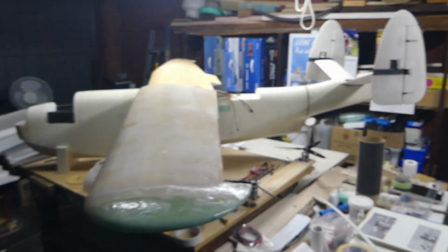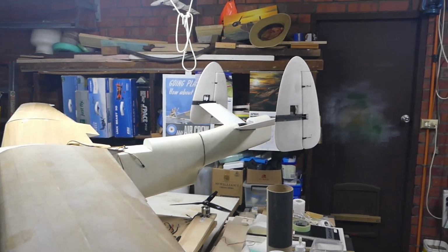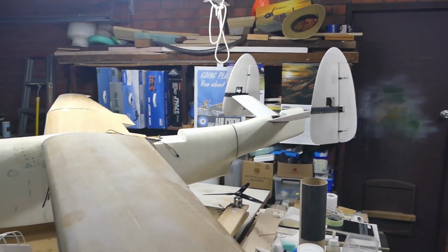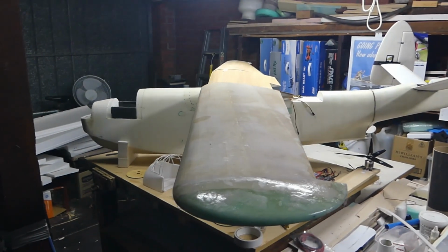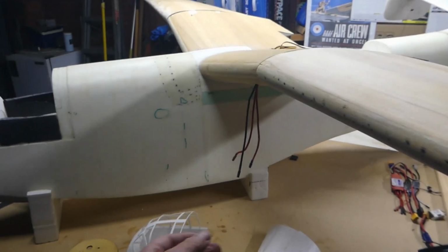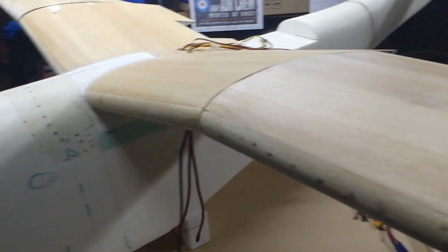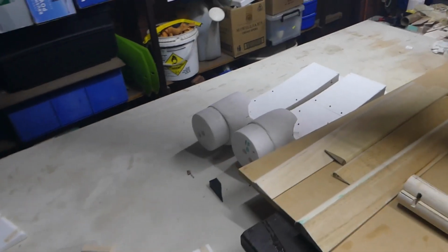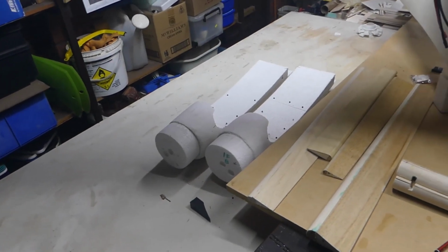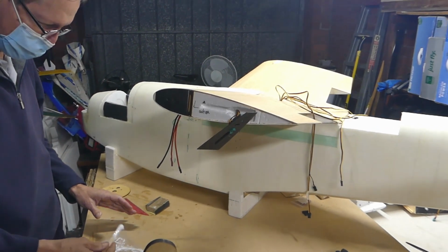Okay. This is just the mock-up with the tail fin and rudders attached and the wings on. Of course, we've got the wires in the wings now in the nacelles, which we actually have got gluing over here. These are micro balloons and epoxy to glue on these